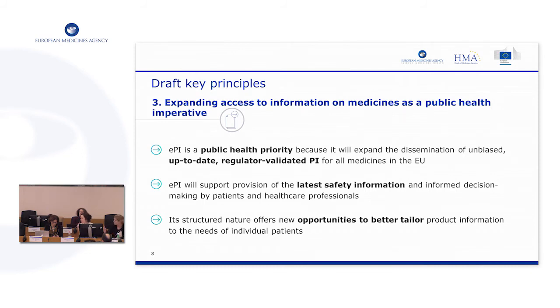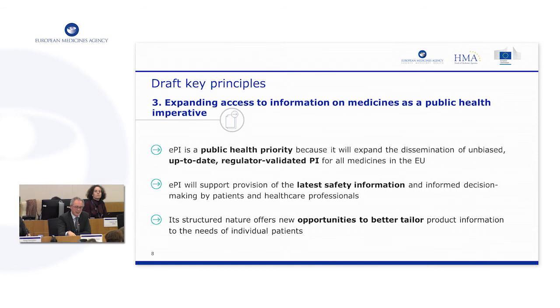Yeah, maybe we are going into complex examples and discussions here. I think, again, we are talking about the cathedral. Maybe it's true that we are looking at the future and maybe looking too far. I think the idea of electronic product information is that it has the potential in the future to interact with e-prescription, with electronic health records, etc. And all these interactions allow, for the example that I mentioned, having the information of a patient all together in electronic format, with everything interacting. So it comes from there.